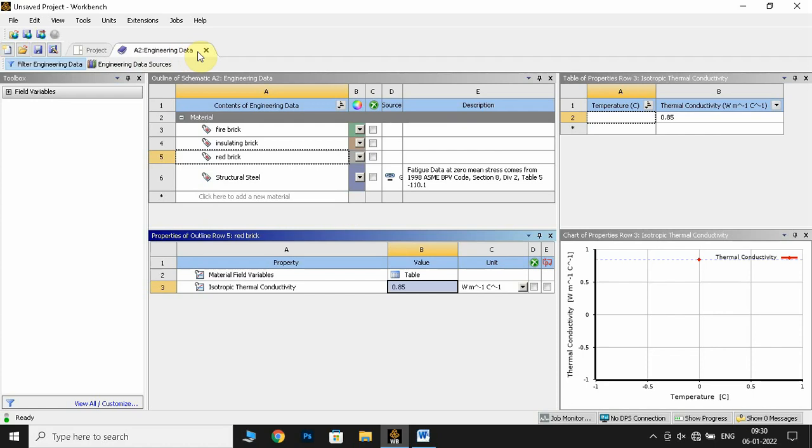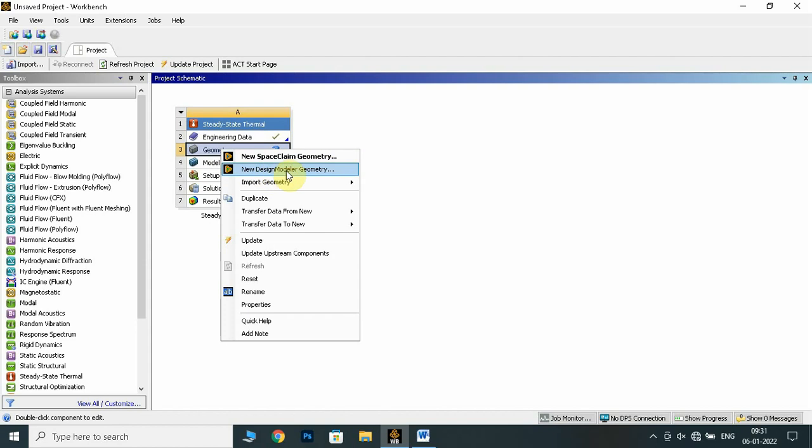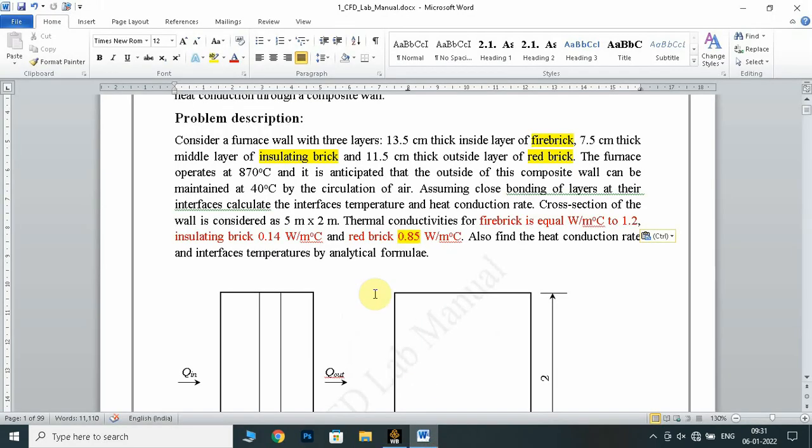Now you don't have to save it, you just have to close it. Now you have given the engineering data. Now we have to give the geometry, like the shape. New design modeler geometry.